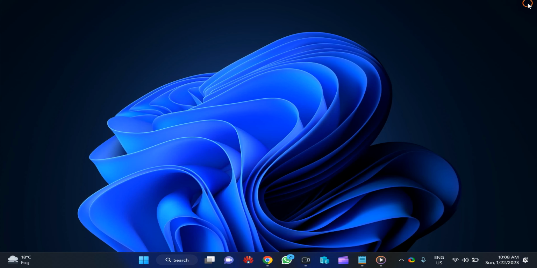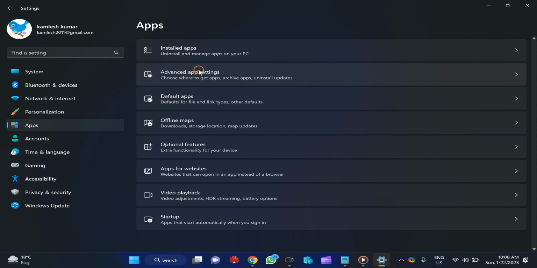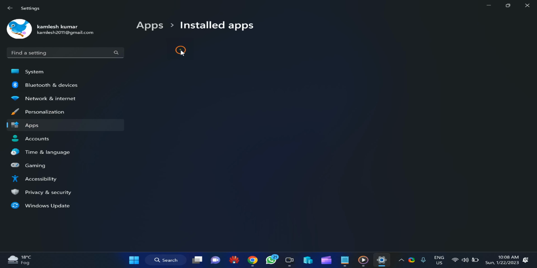If it does not solve your problem, then you can try to uninstall and reinstall the Clipchamp video editor app on your Windows 11 machine. For that, again, you need to open the settings app. Then on the left, select apps. On the right, click on installed apps.